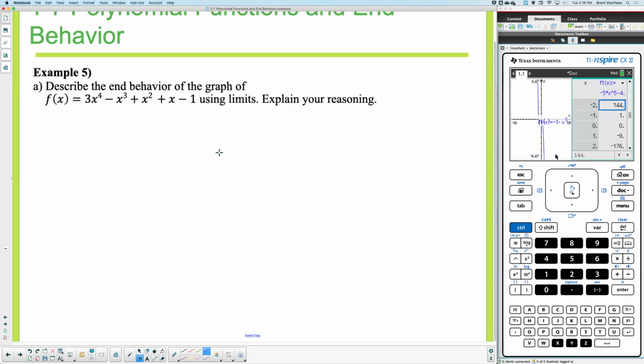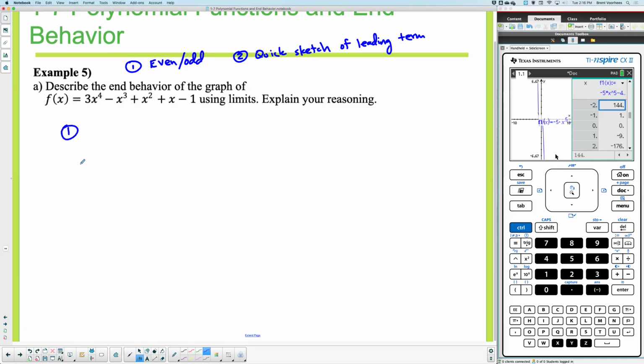Okay, I'm going to change my instructions a little bit. I'm going to do 2 things here. What I'm going to do first is I'm going to describe even or odd. And then second, I'm just going to do a quick sketch of the leading term. That's what I'm going to do. And I might not even do the end behavior at all. So on this problem,